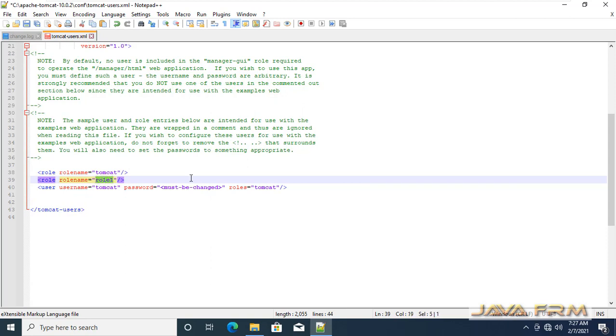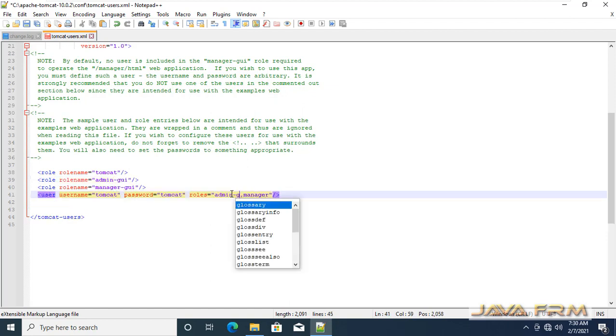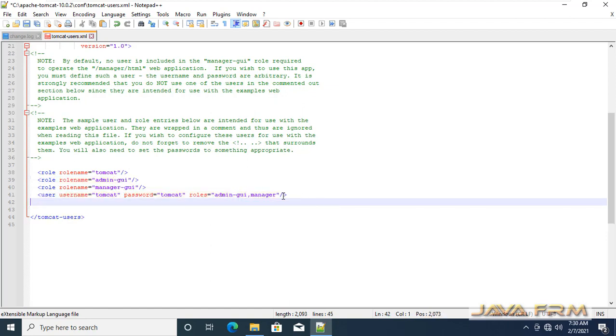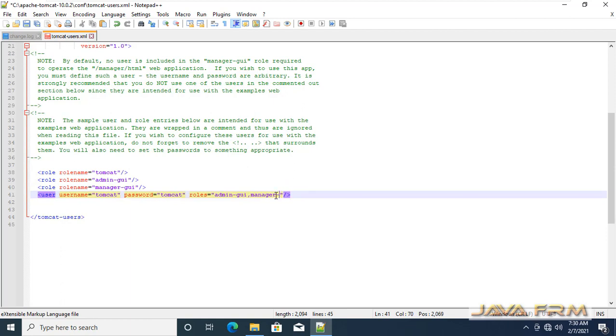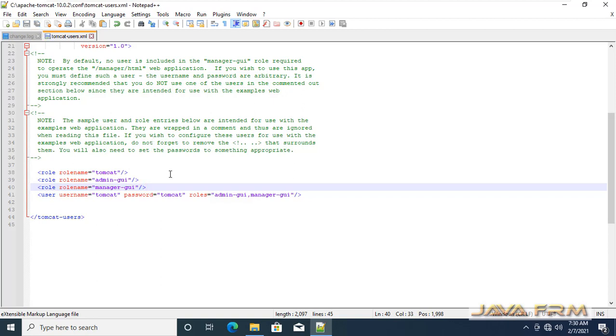These are the two roles I am going to assign to the user called tomcat. The password I have provided as tomcat: username, password, roles. Make sure that you have done as I have shown here. Save the tomcat-users.xml.